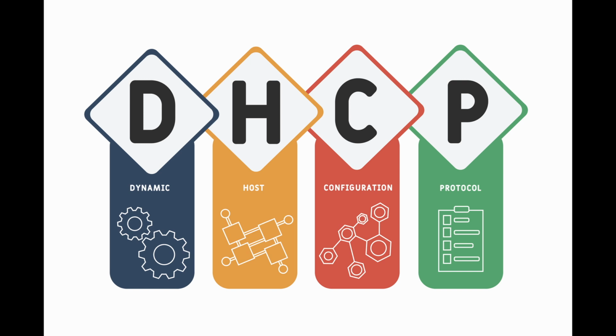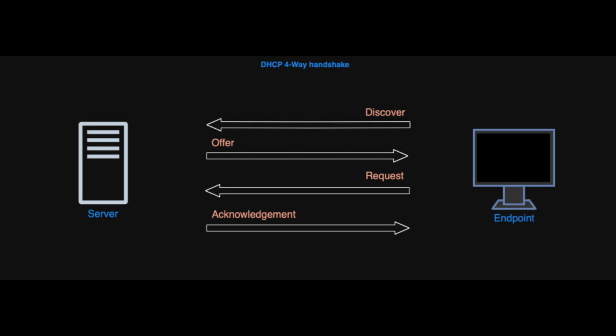A DHCP server has a job of providing an endpoint with an IP address, subnet mask, default gateway, and DHCP options. DHCP achieves its job with a four-way handshake using the discover, offer, request, and acknowledge packet sequence. An endpoint on a network, unless configured statically, will have no way of routing traffic, so it begins its DHCP process by sending a series of discover packets to the broadcast address of